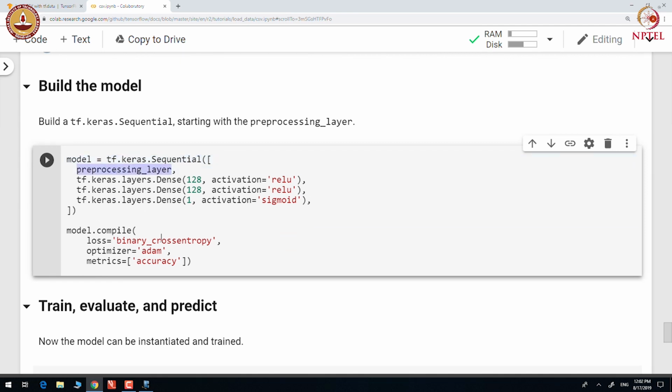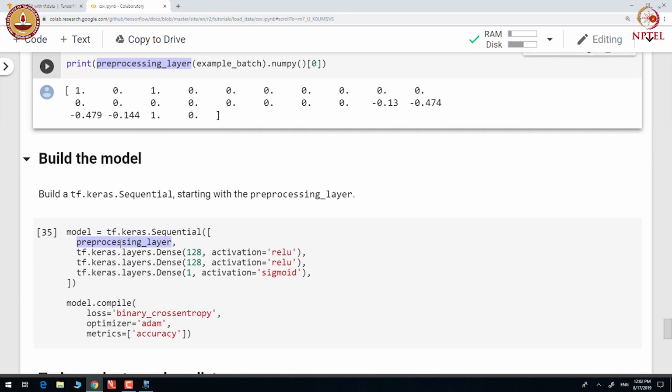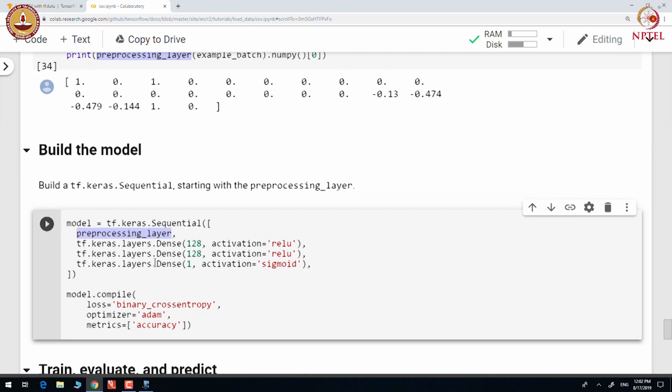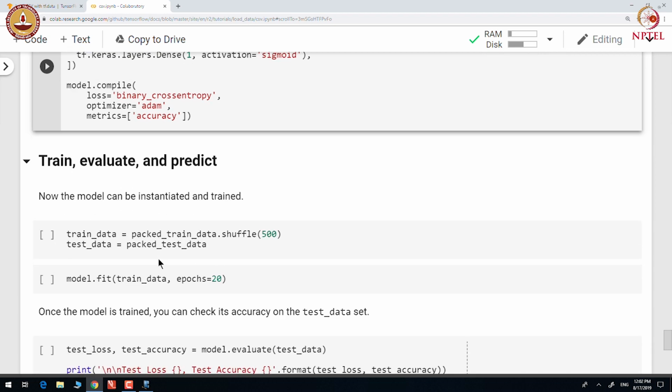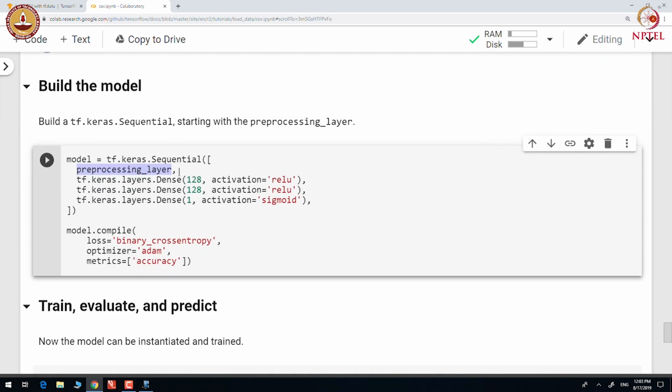You can see that the preprocessing layer, which is a dense feature layer, is passed to a model. So, this is how we handle the dataset creation using CSV and the preprocessing.